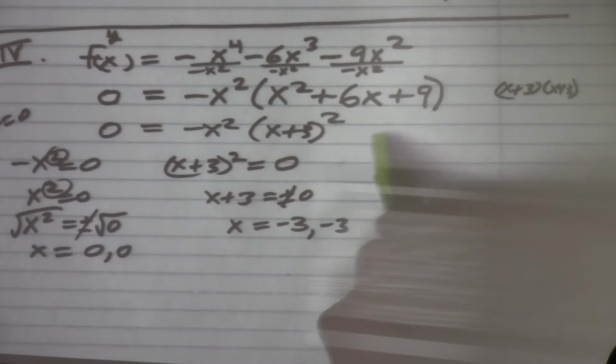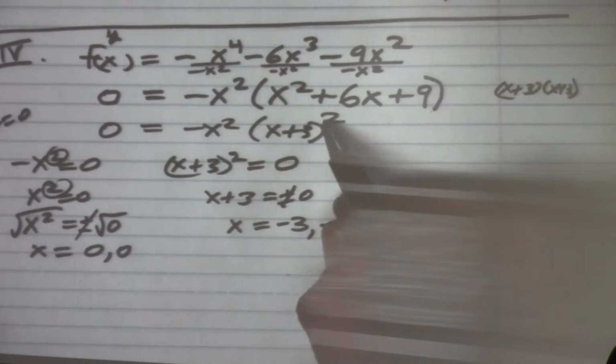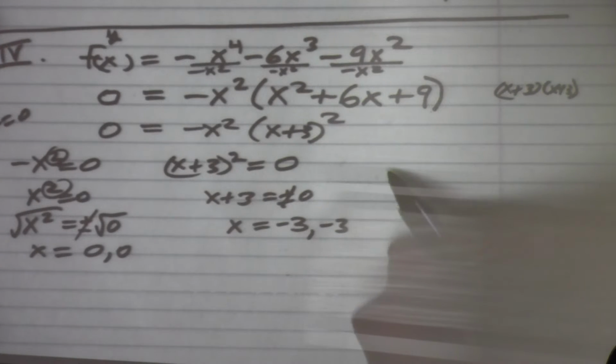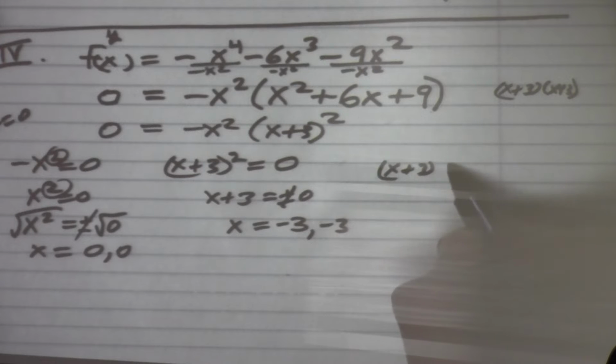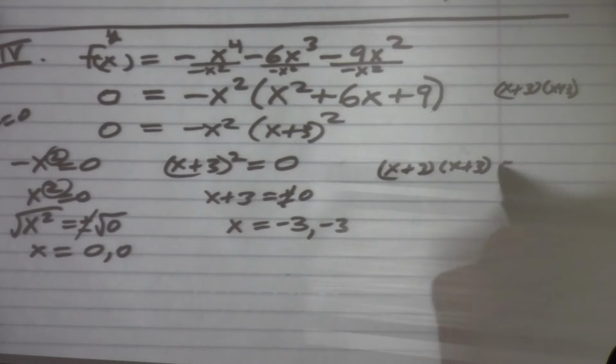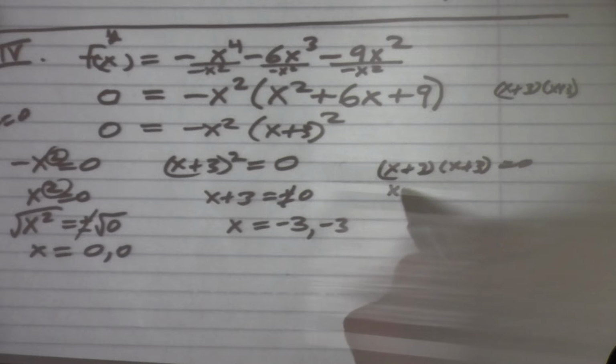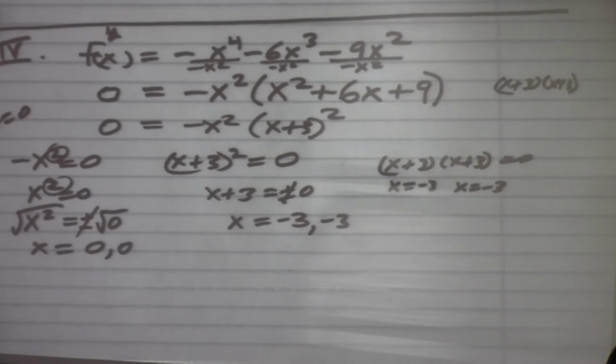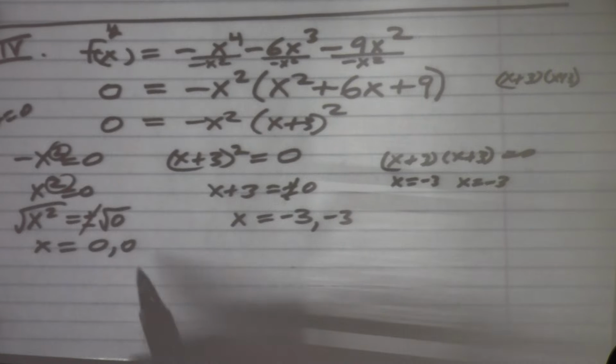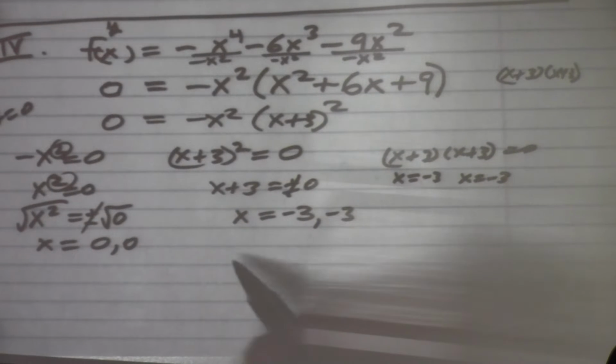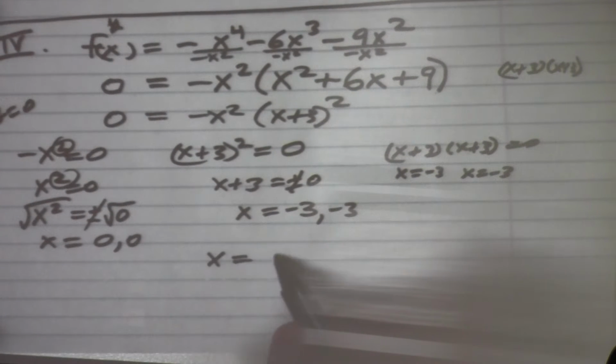The other way you can think about that is instead of having done the square, we can do this. So we can do that it was x plus 3 times x plus 3 is equal to 0. So this one is x equals negative 3, and this one is x equals negative 3. We get 2 negative 3's. So we have 2 zeros and 2 negative 3's. So our answer is x is equal to 0